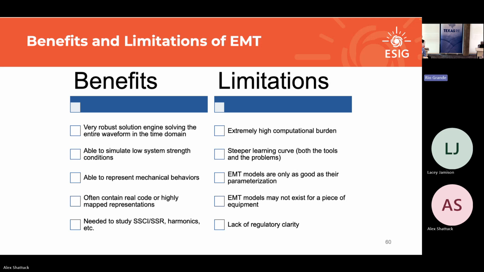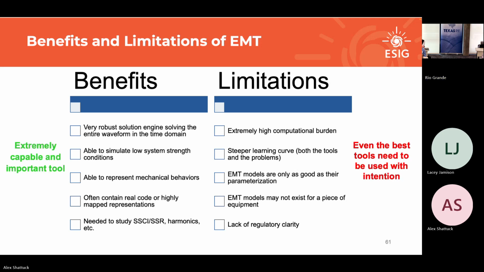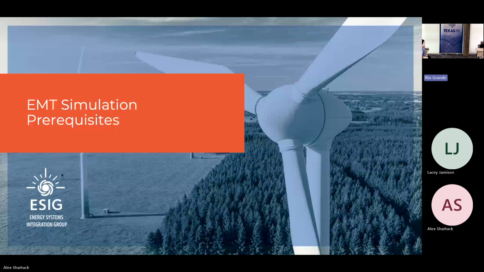So this was just a slide to say that there are a lot of benefits, you can do a lot of good with it, but there are some real, oh, this is really bad grammar, really limiting limitations, right? When we talk about benefits, pros and cons, usually it's like, well, we can look past all the cons and we don't have to worry about them because the benefit outweighs it. This is a really good benefit, but also really real-world limitations that right now we don't really have good solutions for. So just to say again, even though it's a great tool, you've got to use tools with intention. And with that,